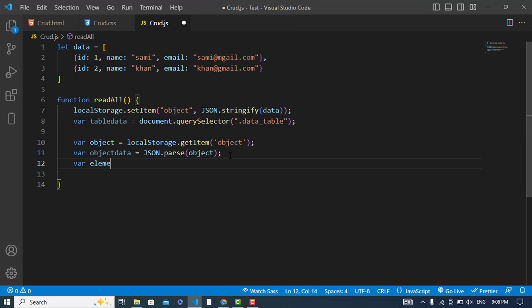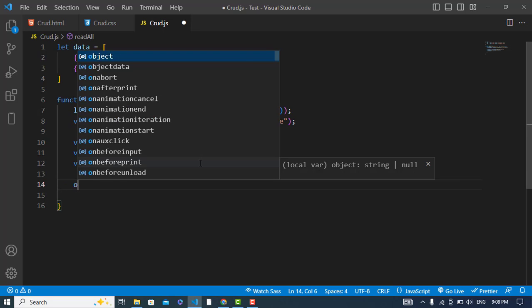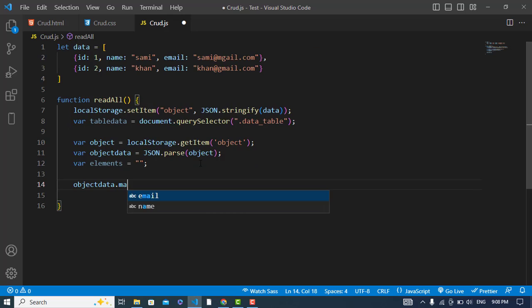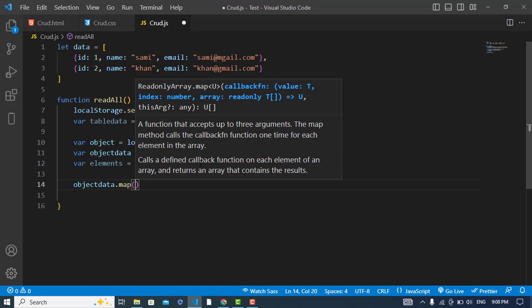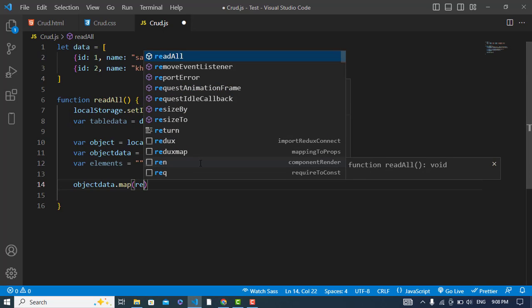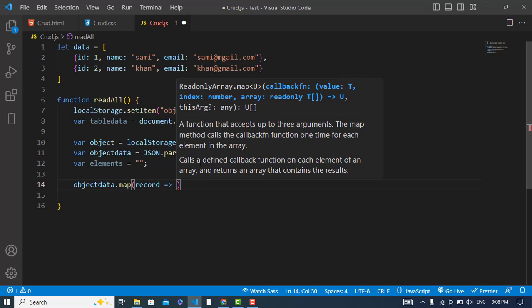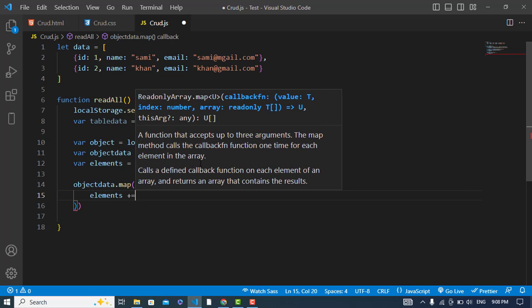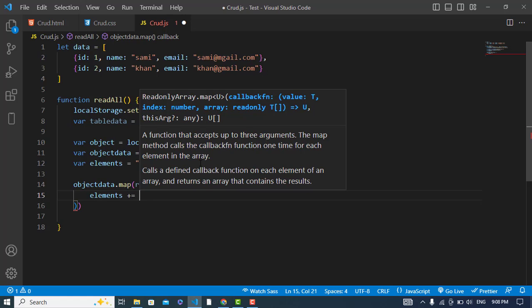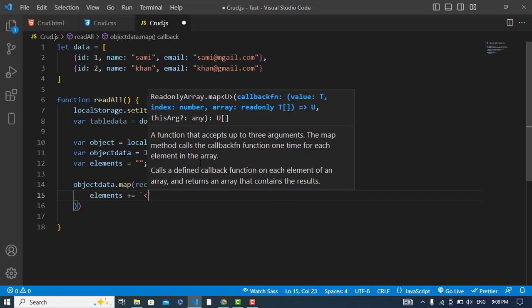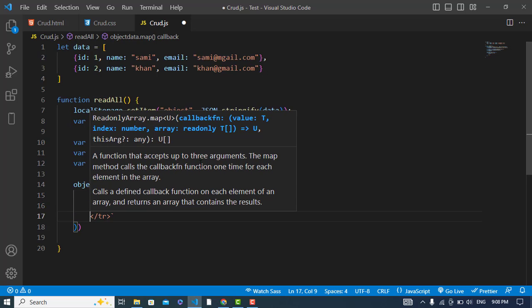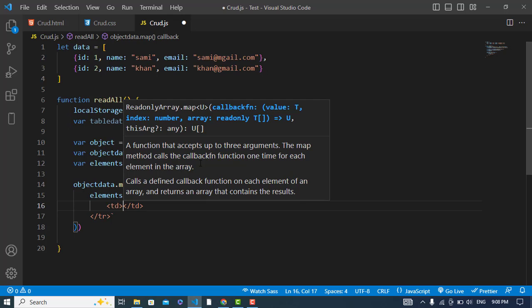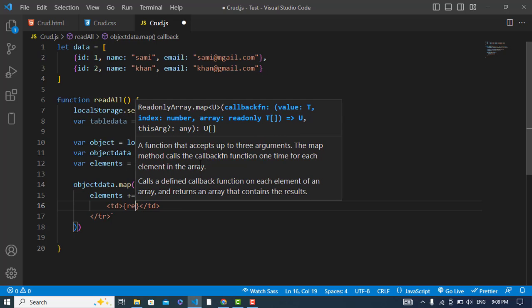After that, let's create elements is equal to empty. Now let's display our data. We will use this object data.map function. Here we will pass a variable that would be our record. Okay, record, and now let's read through the map function. So elements plus is equal to, we will concat with the elements. First we will concat the table row, and after that we will use the table data to write the data. So here I will write record